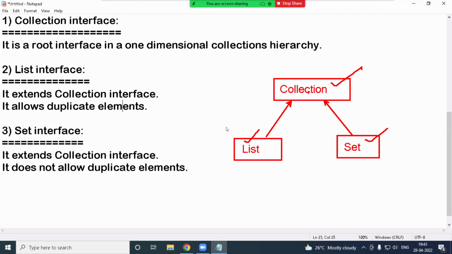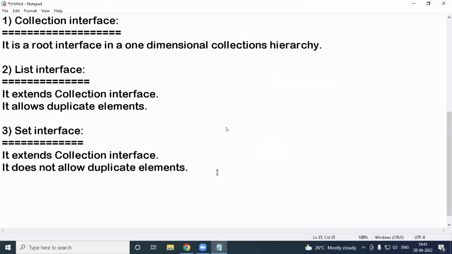So List is derived from Collection, Set is derived from Collection. Collection methods can be accessed by List also, Set also. Okay. It is the root interface. Now, List and Set. Next,